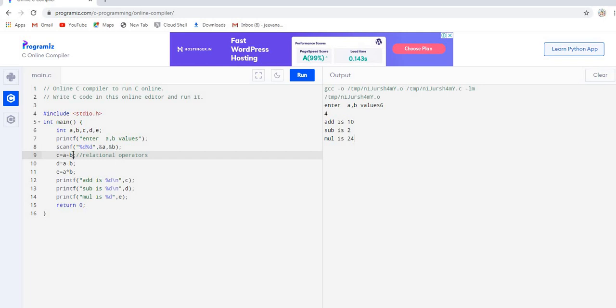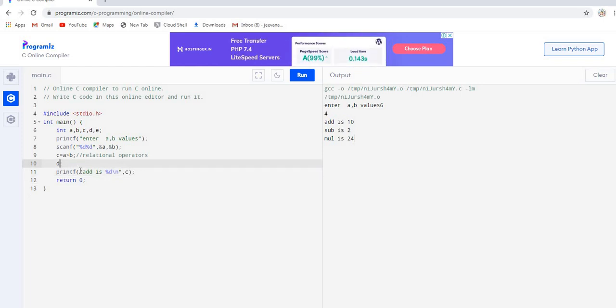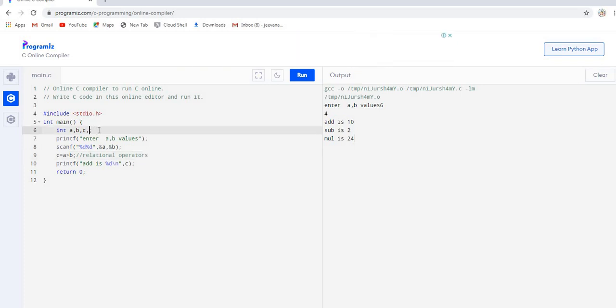So A is greater than B, A is less than B. Okay, we'll first only take one condition. Okay, I'm only declaring 3 variables.